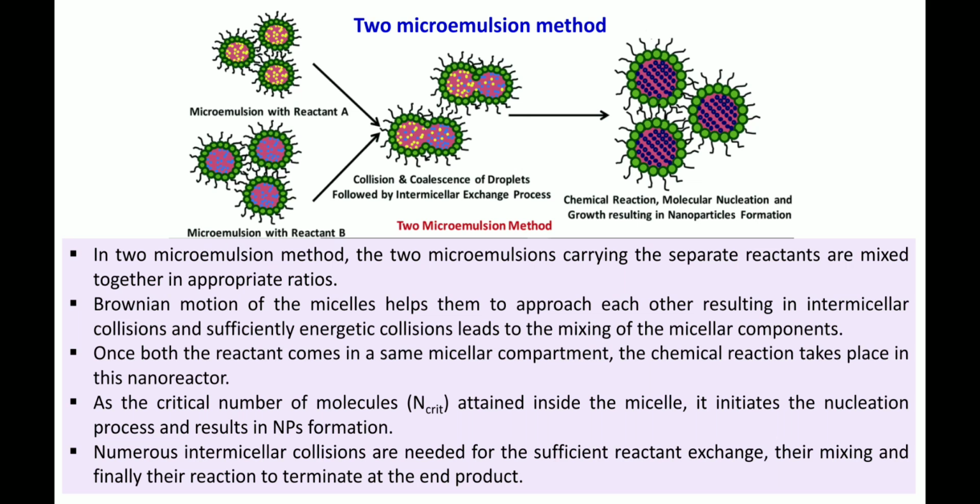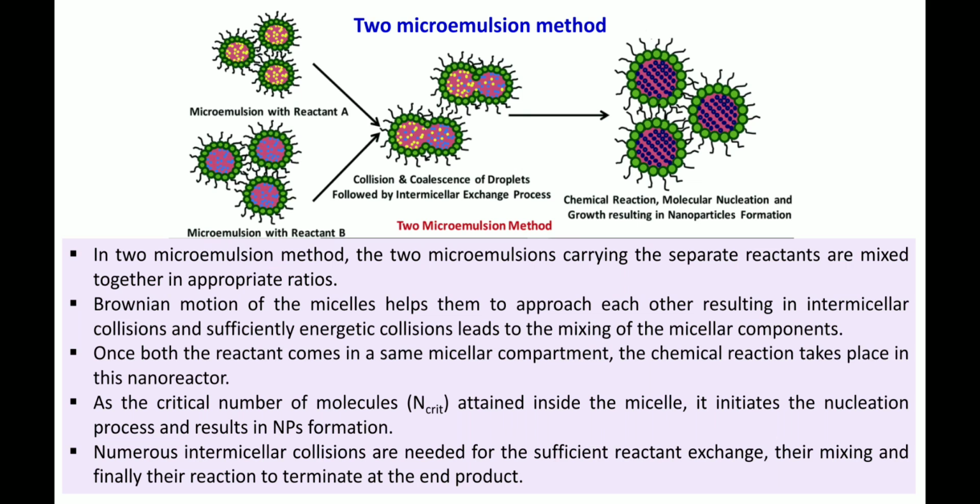So not in the initial reaction, immediately there is a nucleation. It depends upon a number. A minimum number is required for the formation of nucleation, and then the growth processes take place. Numerous intermicellar collisions are needed for sufficient reactant exchange, their mixing, and finally their reaction to terminate the end